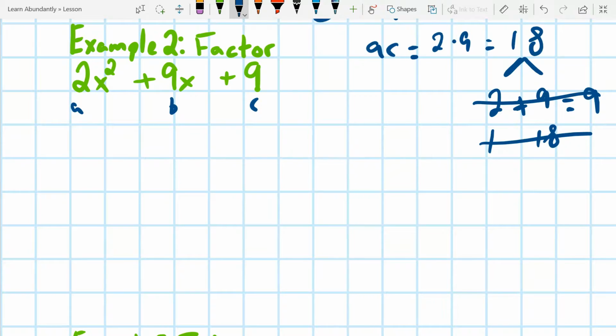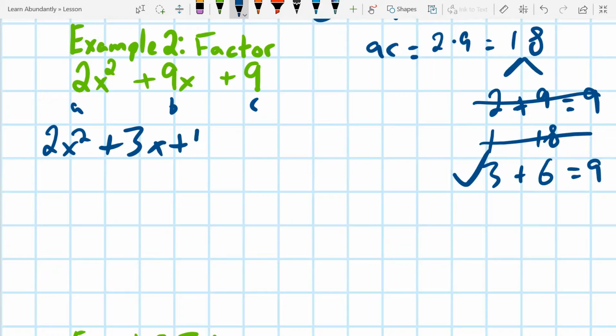If it's not 1, it's not 2, let's try 3. 3 times what is 18? 3 times 6, so 3 plus 6 equals 9. And there we have our factor pairs. So I'm going to go ahead and split the middle term, and I'm going to rewrite this as 2x squared plus 3x plus 6x plus 9. So that middle term used to be 9x, but now it is 3 plus 6, which is the